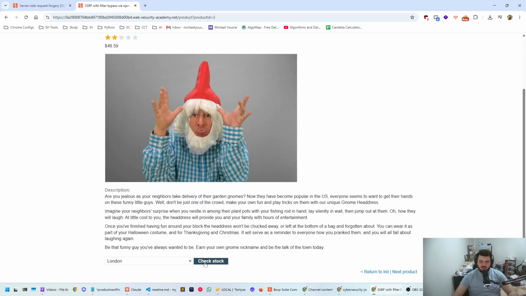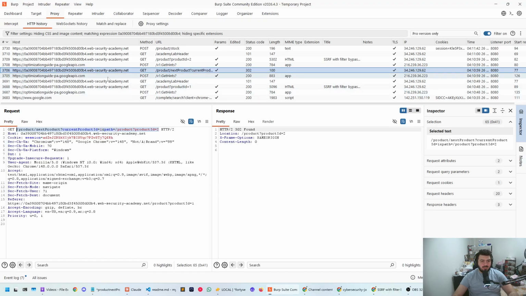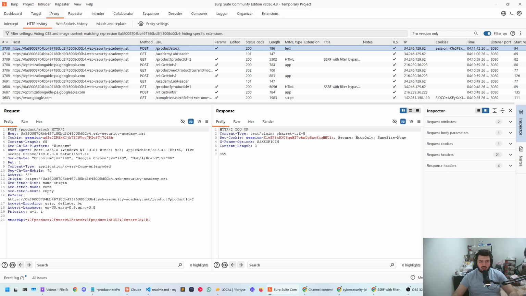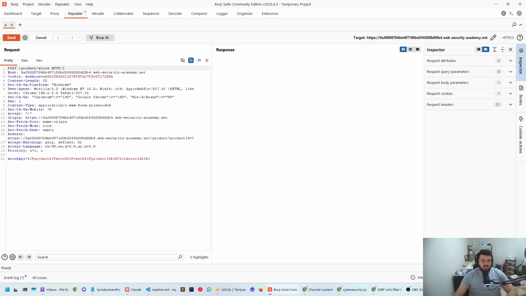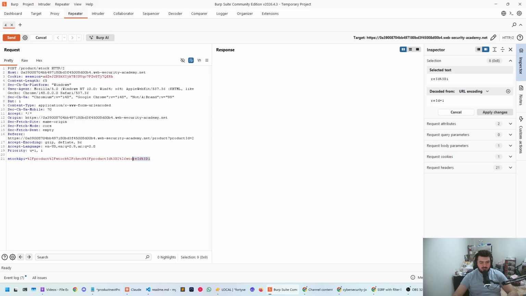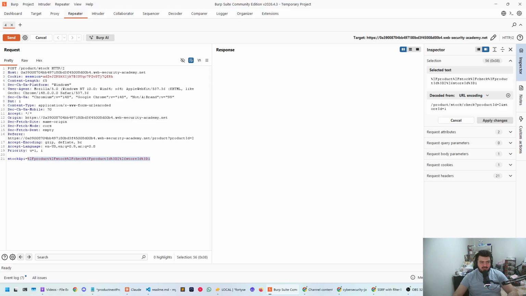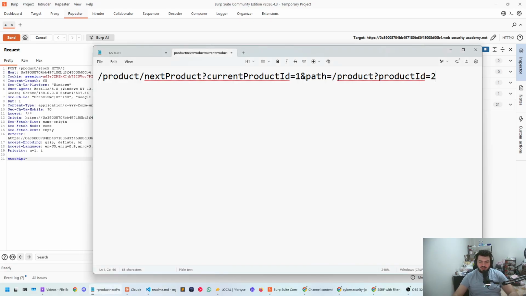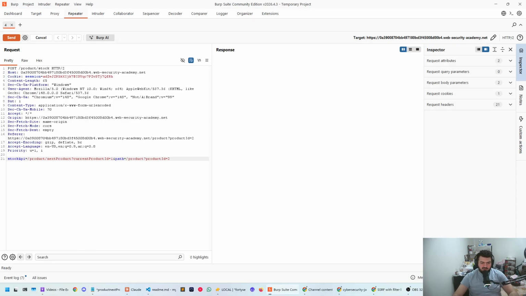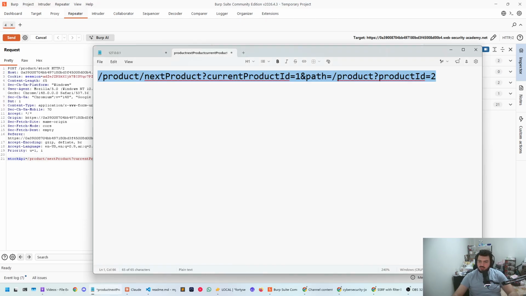And then let's do the check stock functionality. And we got our product stock. Right here, it looks like the stock API is accessing the product stock check with the product ID, which means that essentially what we could do is get rid of this, and then in our path right here, what we can do is go to slash, or instead of slash,